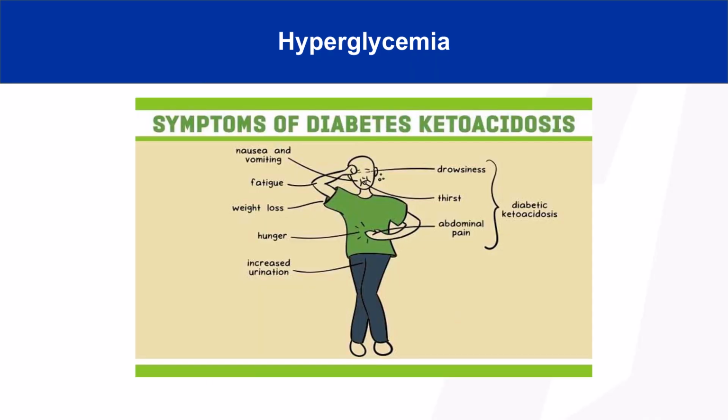Next up is hyperglycemia. The main condition is diabetic ketoacidosis, or DKA for short. This is most likely to develop over several days or even weeks. Symptoms may include extreme thirst and hunger, frequent urination, especially at night, weight loss, malaise or fatigue, or lethargy. And in the later stages, the patient will become very drowsy, which will lead to unconsciousness.